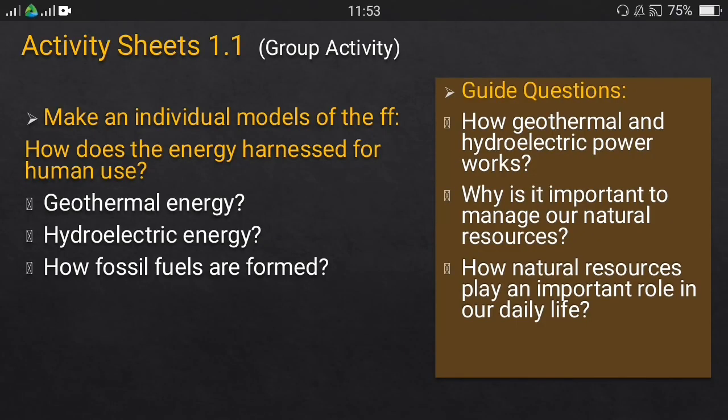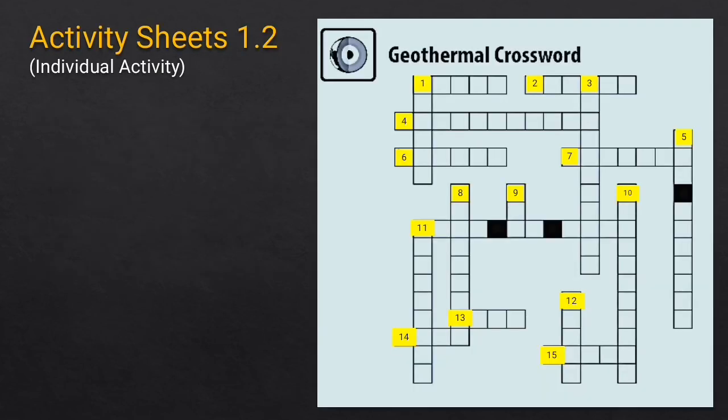Next, you're going to have a group activity. Make individual models of the following. How is the energy harnessed for human use? Geothermal energy, hydroelectric energy, and how fossil fuels are formed. And we have here guide questions. How geothermal and hydroelectric power works. Why is it important to manage our natural resources, and how do natural resources play an important role in our daily life. And we have here an activity sheet 1.2, individual activity. We have geothermal